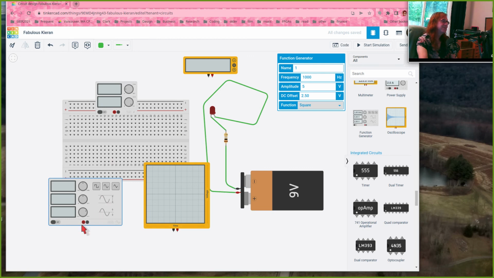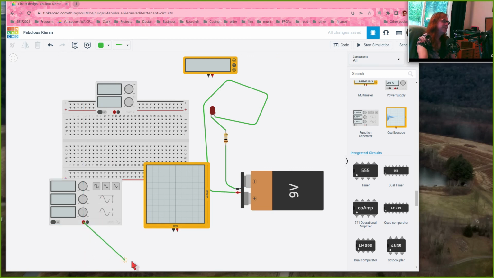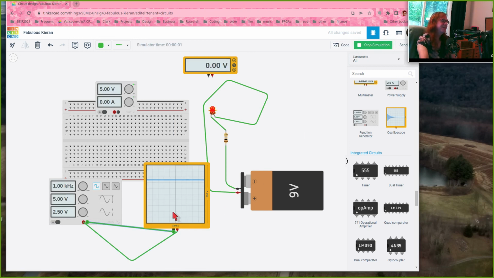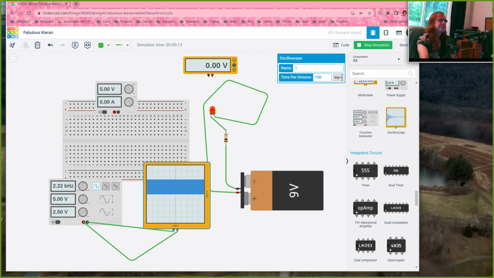I could take my function generator output and I could feed it into my oscilloscope. You can do this a lot more neatly than I'm doing it right now, but we're running out of time. But if I start this simulation, hey, I've got a waveform on here, and depending on, you know, what I do to the frequency, I can change how